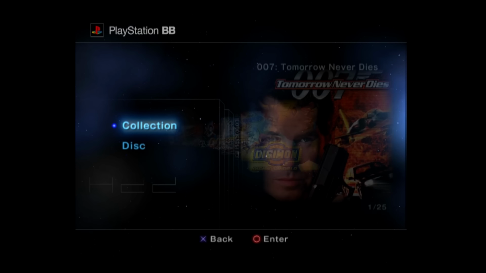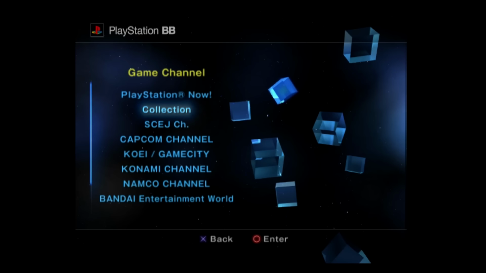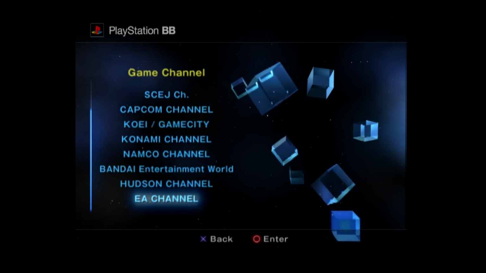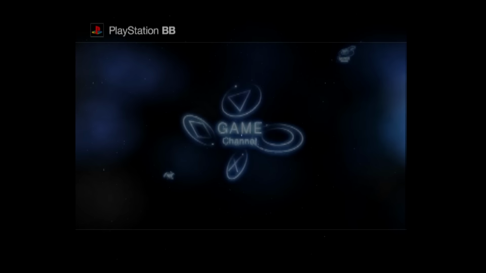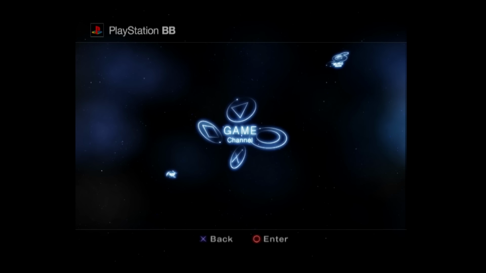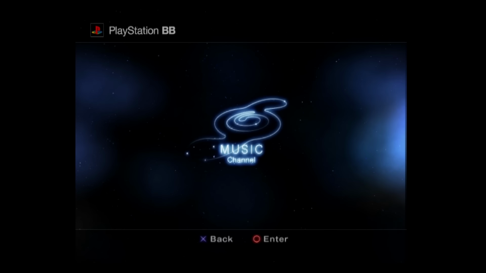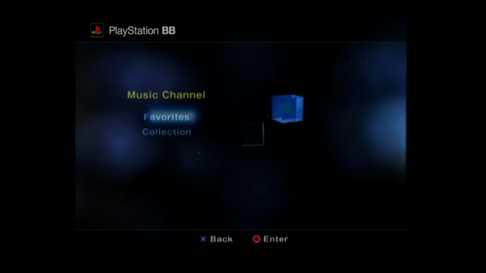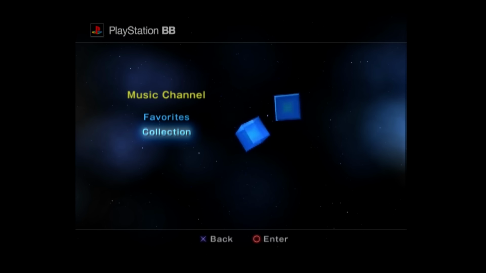So I have other ways I can launch my games from hard drive. I really just loaded this up on the SSD to check out the PlayStation BB setup. So not a big deal to me right now. Just keep that in mind. At least for me, it hasn't been an all-in-one solution. When they get it there, I think this would be great because you can see it's a really, really well put together menu system, and the fact that you can go into that and just load up your games is really cool. Now, the music channel is also interesting because when you go in here, what you can do, go into collections,